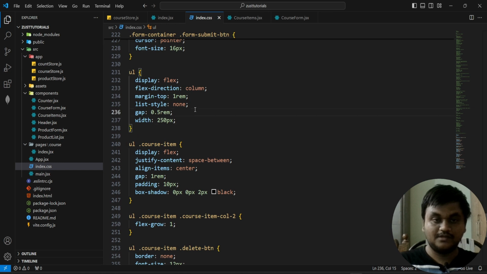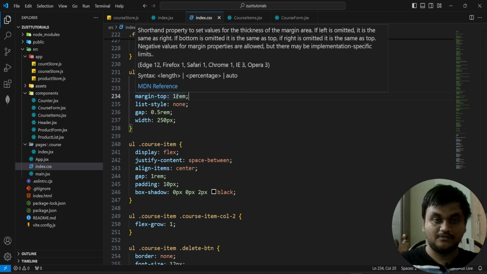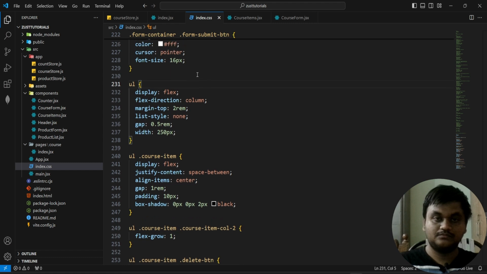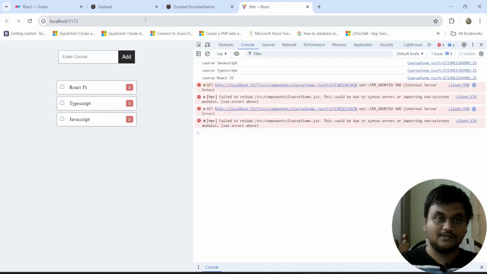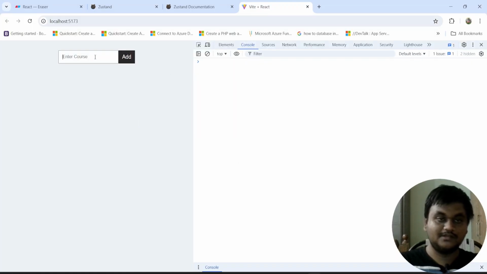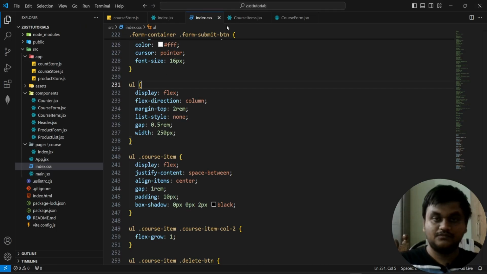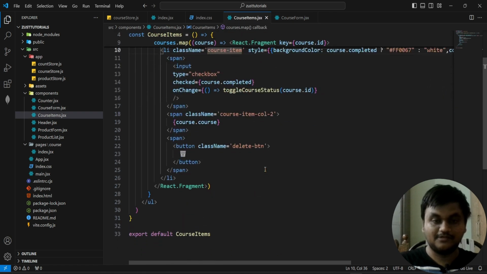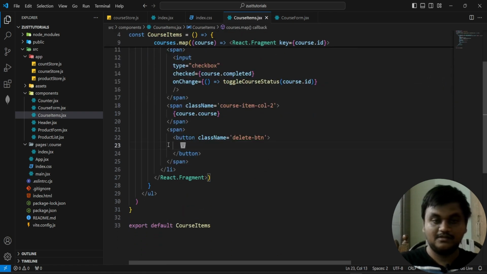The width of this cap, margin top for, okay, take the 2 ram. Okay, see, already it contains the 3 things. If you pass this TypeScript, okay, getting, it should look like a, go to the course items. Instead of this,